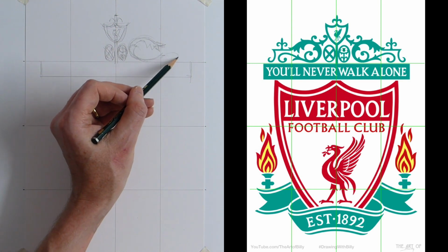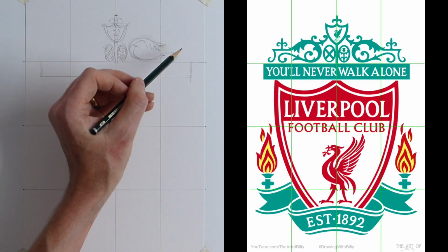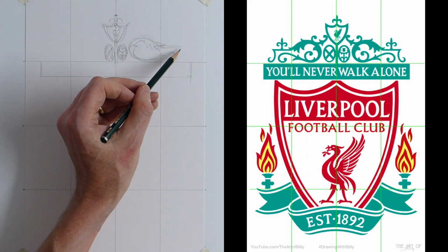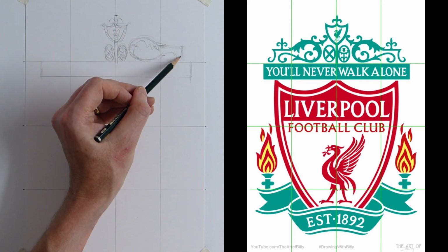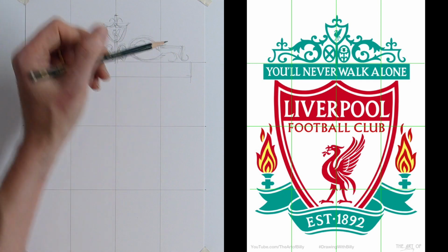Now here you can see we've got a D, nice simple D shape. Now off here we've got a horizontal line, and that comes over. Just going to draw a line down, but we just want a simple curve that comes down and comes around, and then